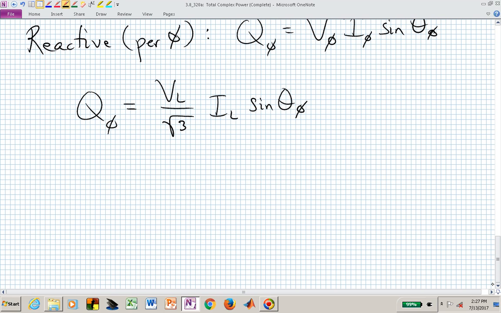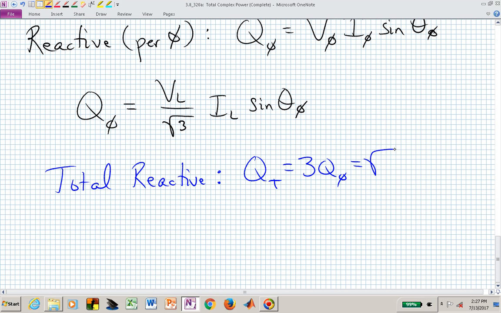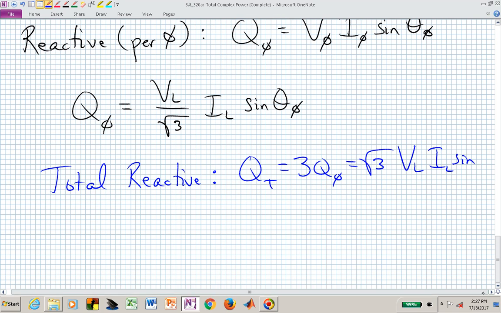And we can end up then with a similar looking expression for the total reactive power. Q sub t is now 3 Q sub phi, which is now the square root of 3, V line, I line, sine theta sub phi, or times the reactive factor,